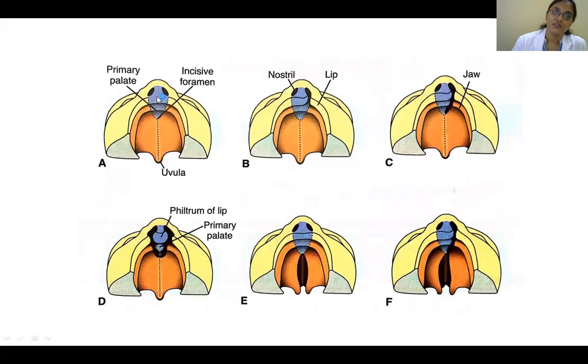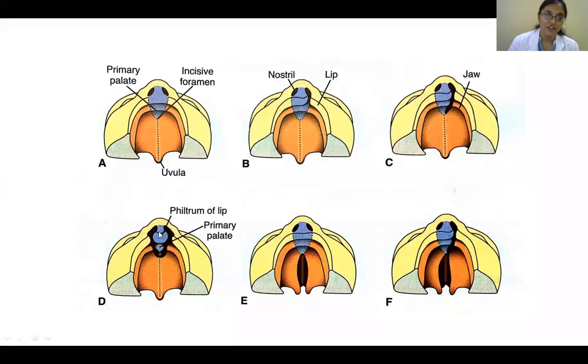So this is the intermaxillary segment here, forming the lower part of the nose. Then this is the philtrum. Then this is the gingiva, which has 4 incisor teeth, and this is a little bit of the primitive palate. And this is the maxilla, giving the palatine shelves which have fused, and this region of fusion is the incisive foramen. So if they don't fuse, you can see the cleft lip extending up to the palate, which is called cleft palate: cleft lip and cleft palate.